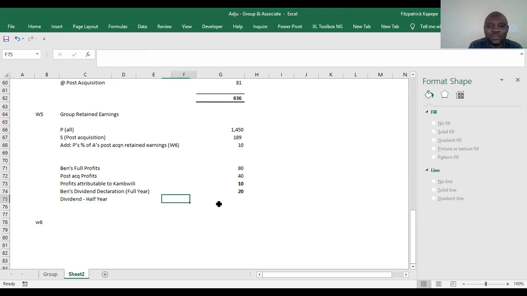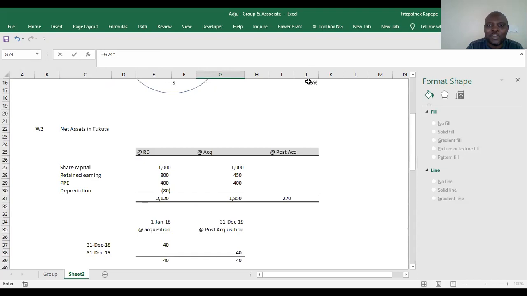So which gives you how much? They declared that 20, so this dividend attributable to Kambili would be this dividend times Kambili's share, because they have just declared, times Kambili's share of 25%, which is